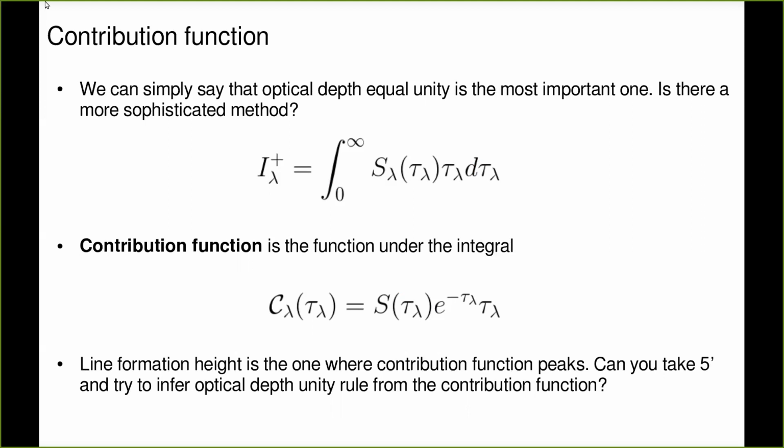Yes, Peter? This doesn't make any sense. So I think, at least mathematically, it comes from taking the integral and transforming it into an integral over d log tau. Yeah, that just comes from the variable transformation. And I think the assumption is that integrating over log tau is roughly integrating over a linear scale.